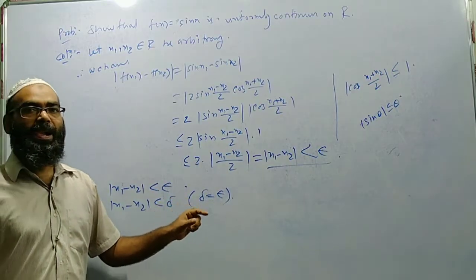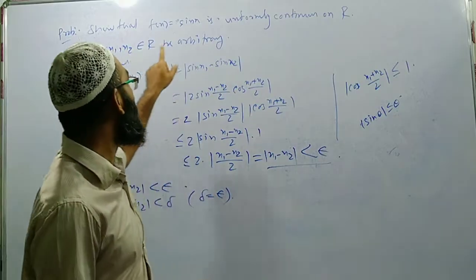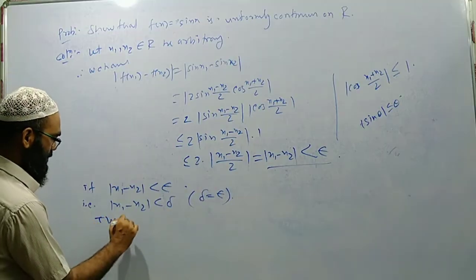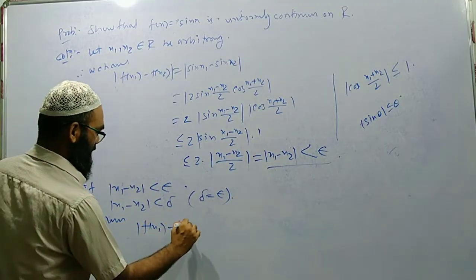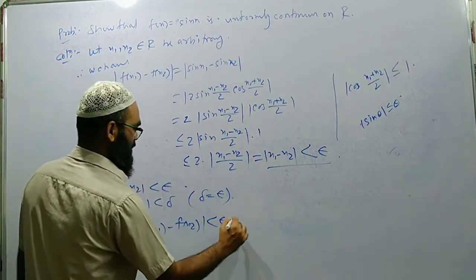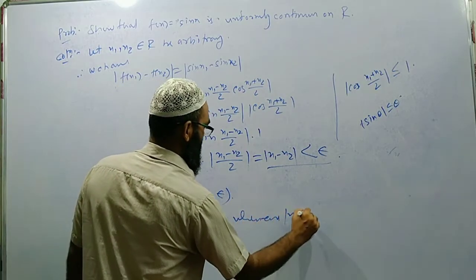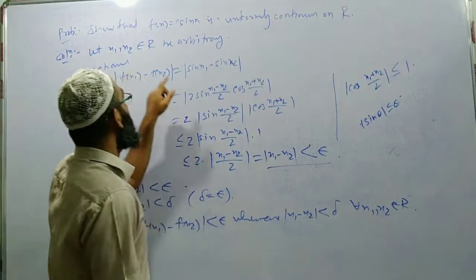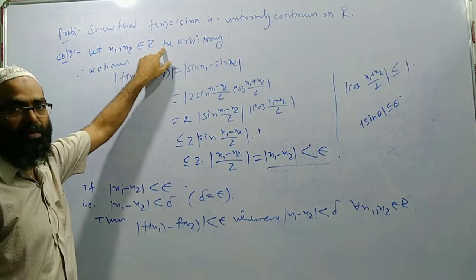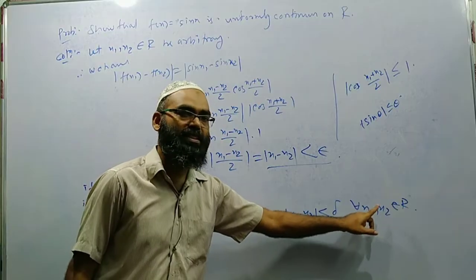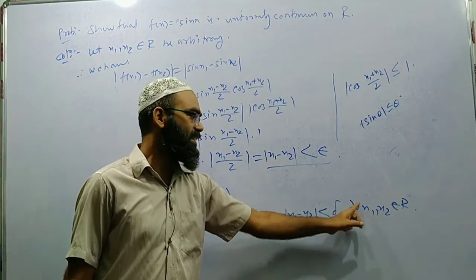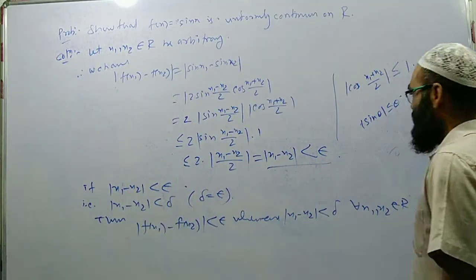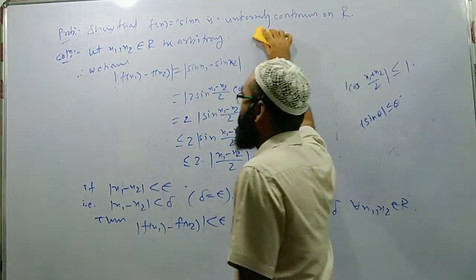Therefore, by the definition of uniform continuity, the function f(x) equal to sin x is uniformly continuous on the set of real numbers R. Thus mod of f(x1) minus f(x2) is less than epsilon whenever mod of x1 minus x2 is less than delta, for all x1, x2 belongs to R. Since x1 and x2 are arbitrary points of R, this holds for all x1, x2 belongs to R. So this is the definition of uniform continuity, and we applied the definition